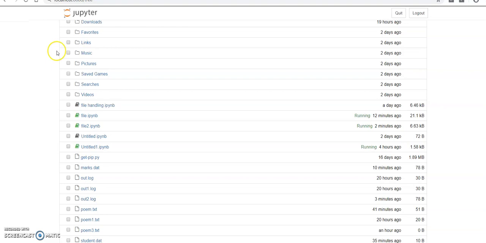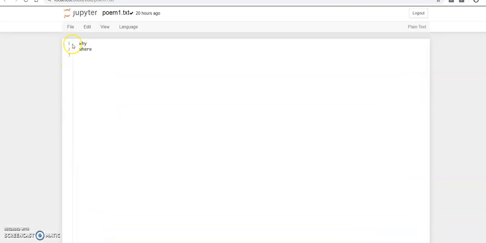So first open poem1.txt. See here, intentionally I have given some space. Here also I have given, and I am introducing some more spaces.